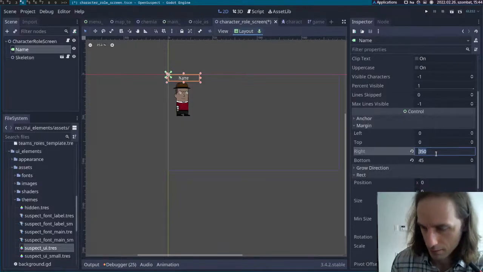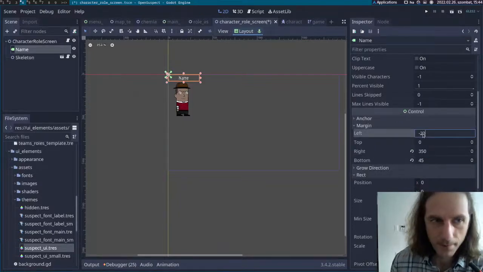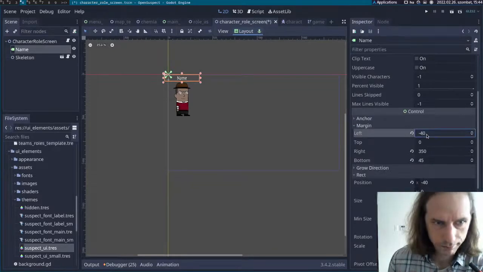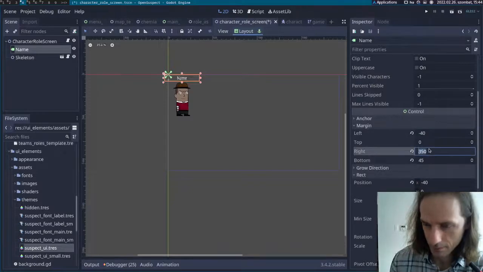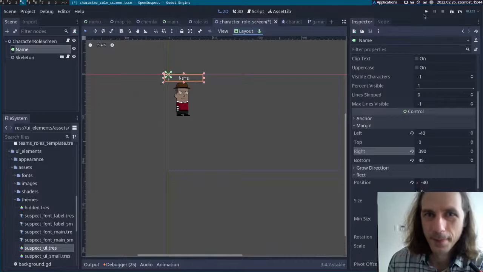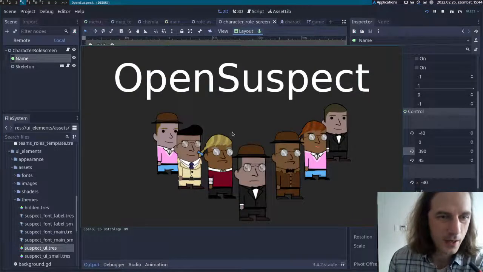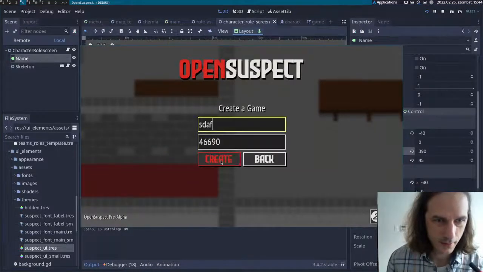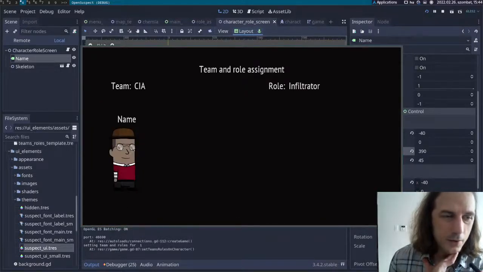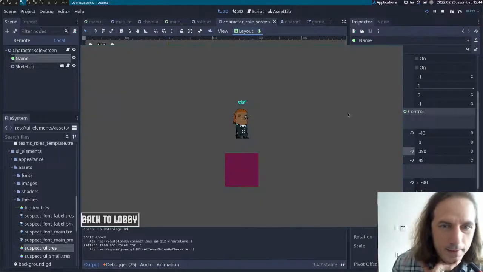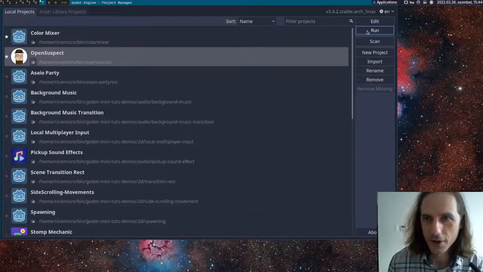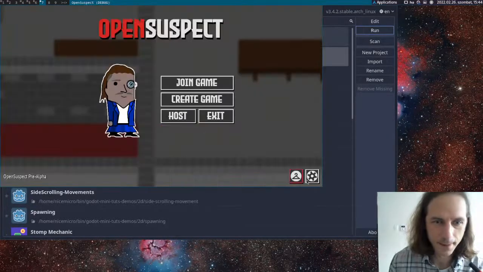Maybe even we can add some spacing from the left here. And then somehow something like this looks better. So now we do that. Yeah, there is our first character. Very good. What if we open just one more instance